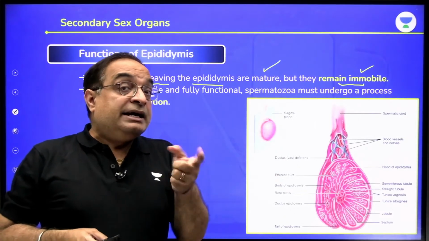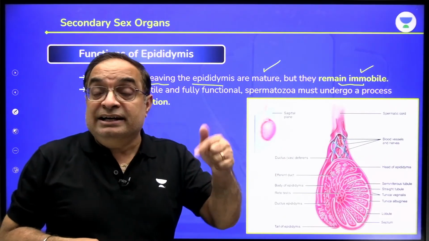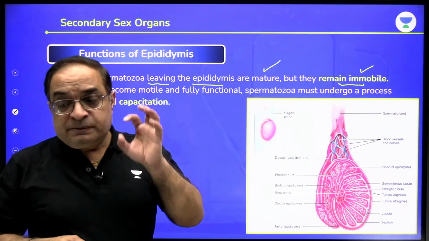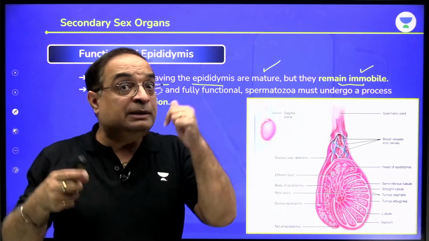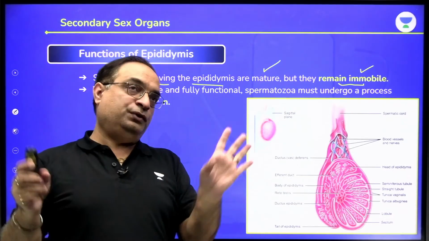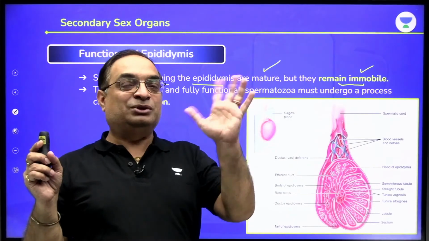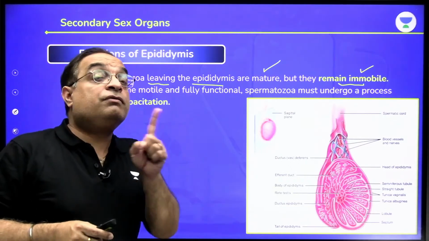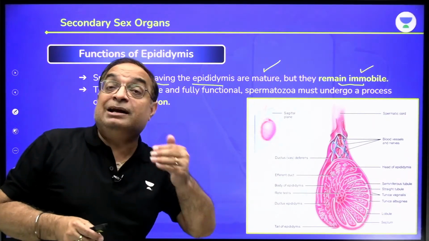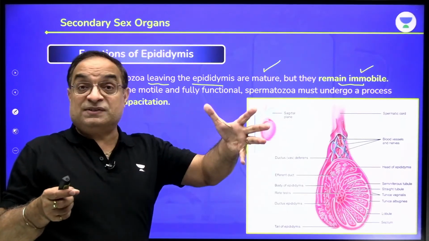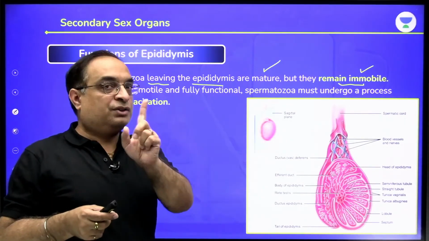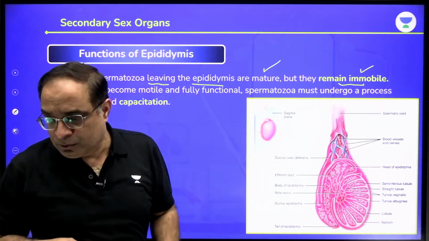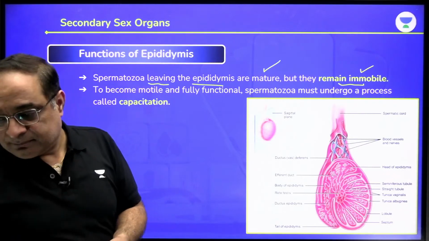A little while ago I said that in the epididymis they acquire motility and maturity, but still they do not move on their own. Divya Kushwaha, sperms still do not move on their own in the epididymis. They are very clever. They said, no, we don't want to move. We have acquired motility, but we will not move on our own. When will sperms move on their own? When they are ejaculated from the male body. When they are exposed to high oxygen levels, then the sperms move on their own. Till the time sperms are inside the male reproductive tract, they do not move on their own. Is that clear, ji? Right?